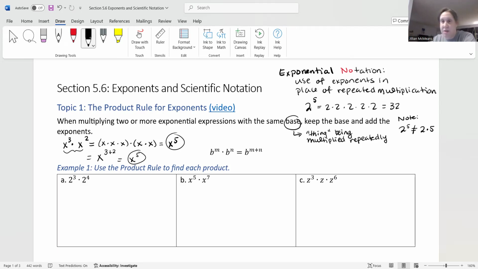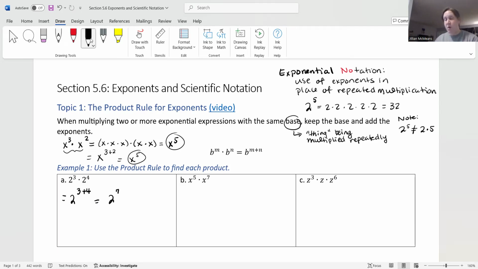So for part A, you can see we have 2 to the third times 2 to the fourth. First, make sure your bases match. In this case, they do. So we would say, okay, this has to equal 2. And then because we're multiplying two things that have the same base, we want to add their exponents. So this is like 2 times 2 times 2, and then 2 times 2 times 2 times 2. That's going to give us the same answer, but we're going to use the shortcut. So this is really 2 to the 3 plus 4 power, which tells me this is 2 to the 7th,